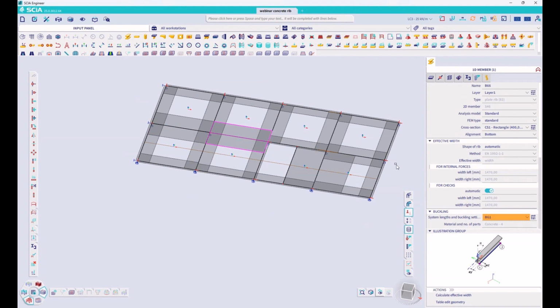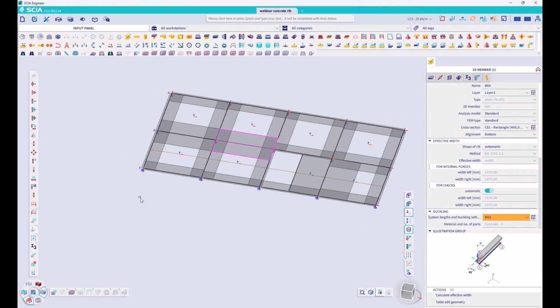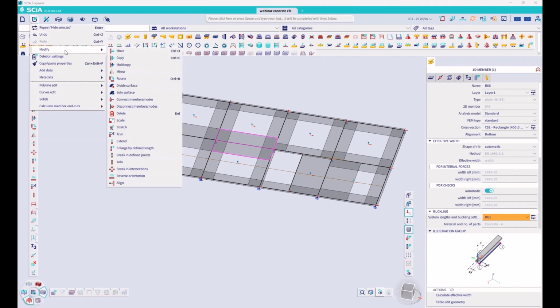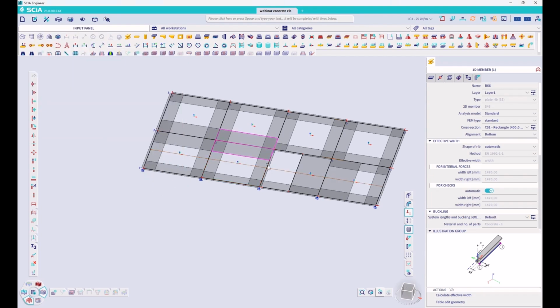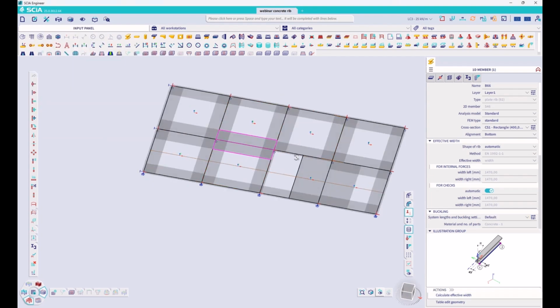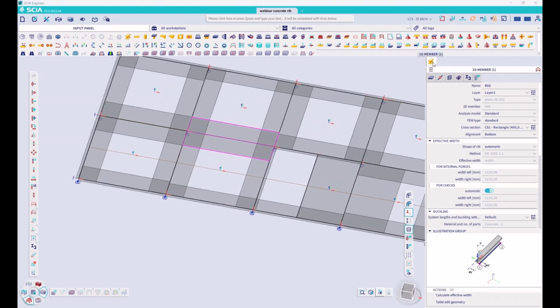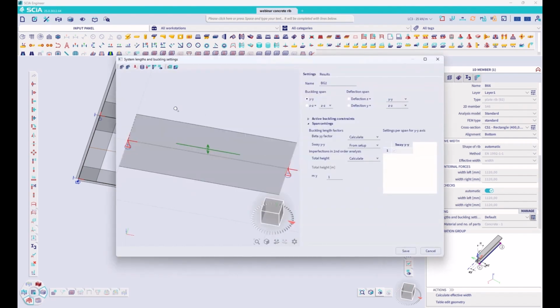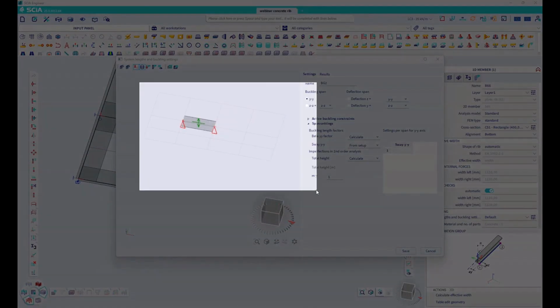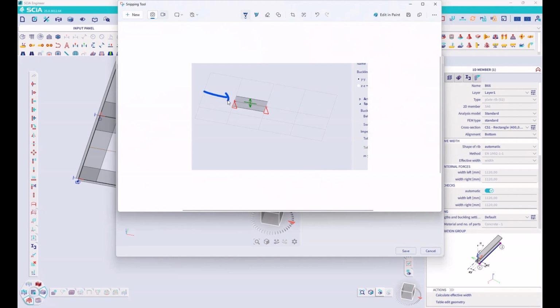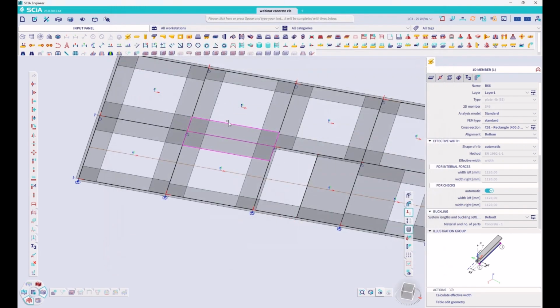This also means that I need to draw the elements all in the same direction. If for some reason this element was drawn in a different direction, or I can also reverse the orientation of this element. If I recalculate the effective widths, you can see that for all of these elements, or if I take a look at the buckling settings again, this is seen as one element because the first element is running in the first direction. The first element was drawn this way, the second one is running in this direction, and then the third and the fourth one again are running in this direction. So you can see again that